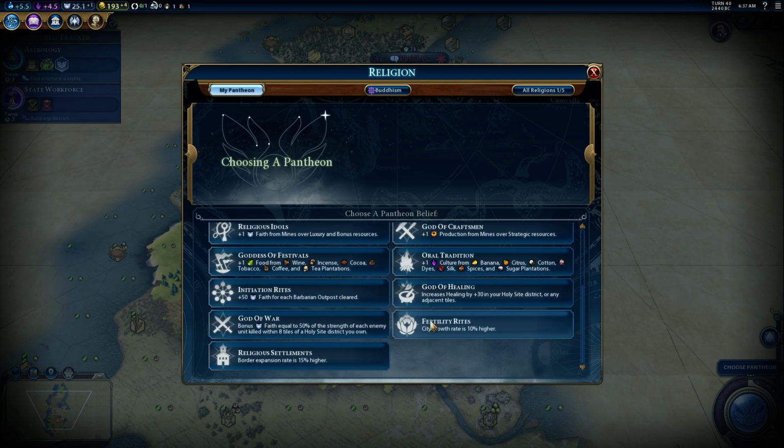What I'm considering doing is God of War. 50% of the strength of each enemy unit killed within 8 tiles of a holy district I own. I don't have a holy district yet, which is a bit annoying, but we are teching for it right now. I didn't realize it was a holy district. I thought it was just 50% of near cities like Civ 5. So